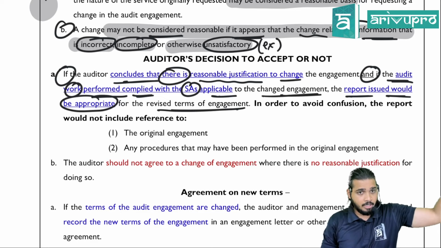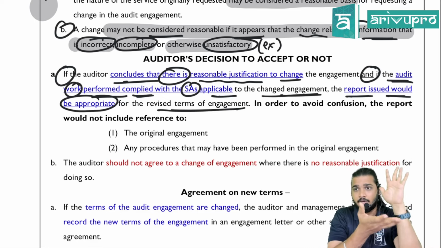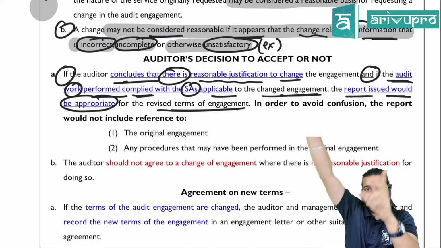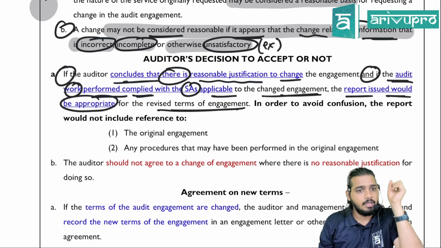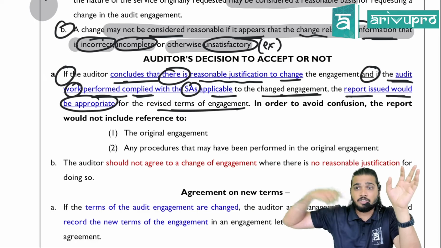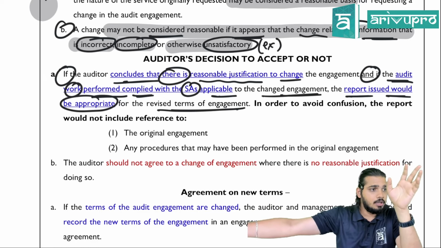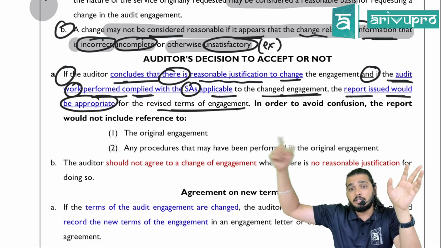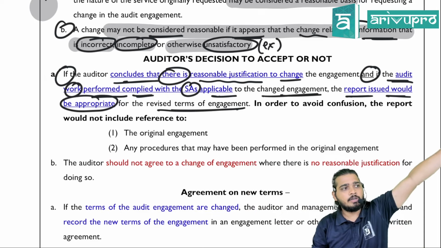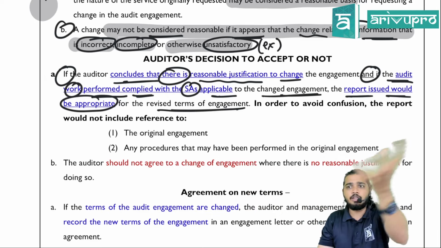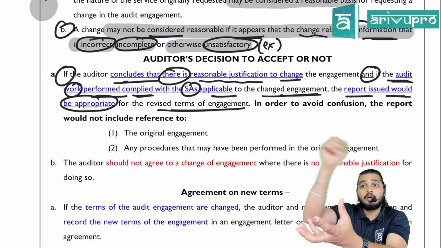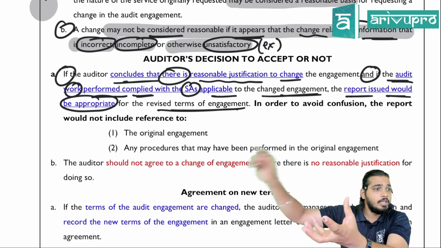Now under old terms, we would have been preparing some work, some documentation would be ready, that we are done as per the SA. Now my question to you, in the new engagement also I have to start my work, right? Which will take me the same time, double the time now. Now the old work which I have already performed, the same work I can use here if the SA is applicable for the new engagement as well. In short,